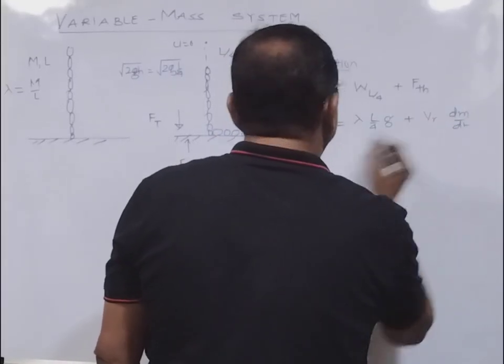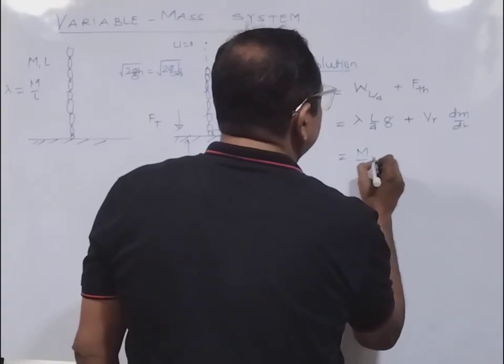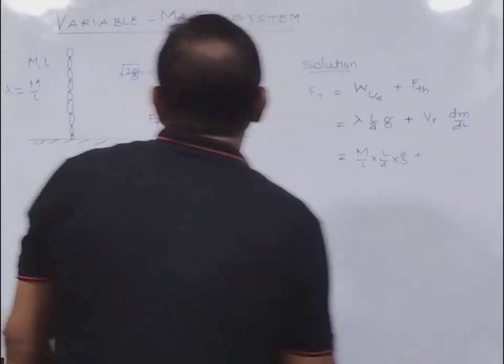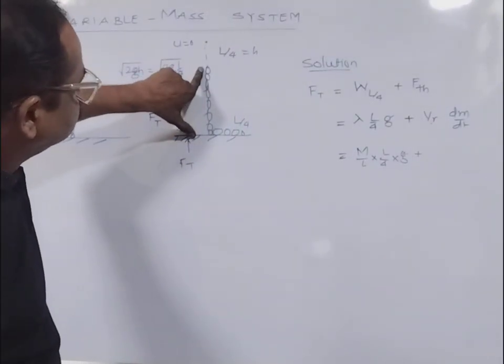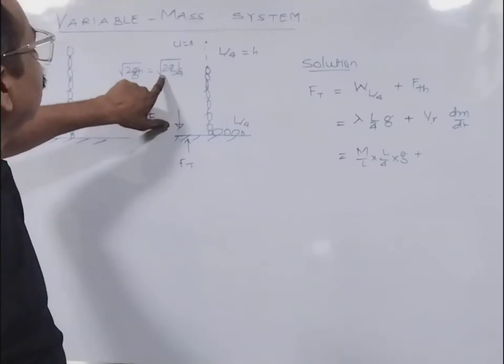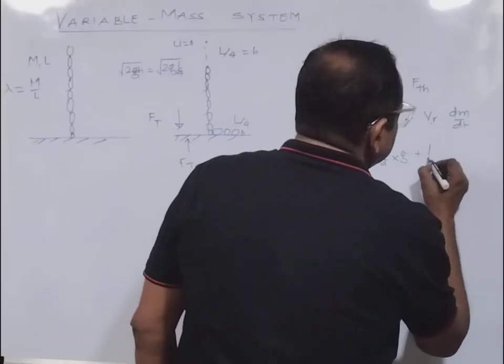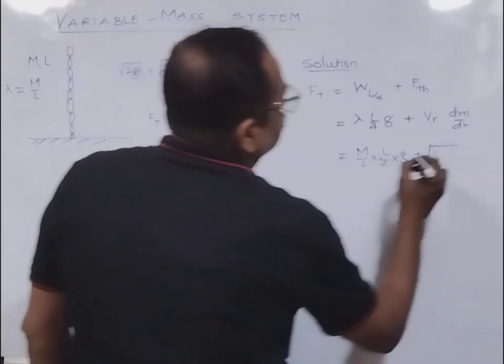It will be M by L into L by 4 into g, plus Vr. Vr is the relative velocity of the top tip of the chain with respect to ground, that is under root of twice g into L by 4,